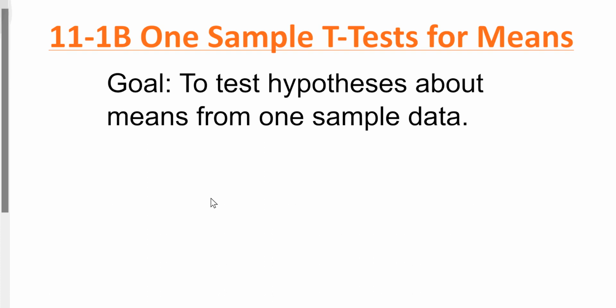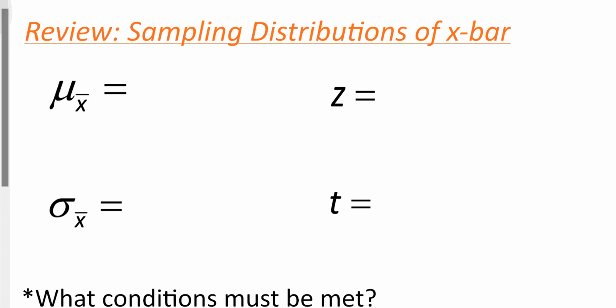So to this point, we've learned about confidence intervals for means. We've learned about tests and confidence intervals for proportions. We have not talked about significance tests or hypothesis tests dealing with means. So that's what we're going to get into today. So a couple recaps of things that we've already learned. When we're dealing with sampling distributions, because this is, again, dealing with data from sampling distributions, the mean